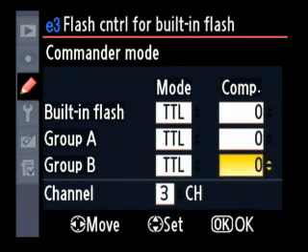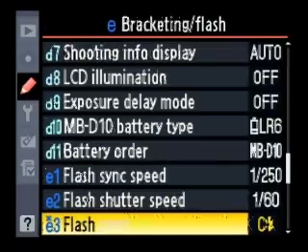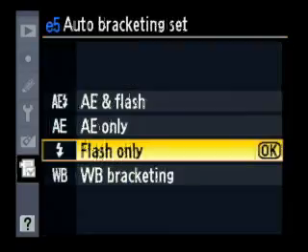Channel defaults to 1 when you get the camera. The flashes that you buy default to 3, so I move it to channel 3. And then you have to hit OK to save the changes. Otherwise, if you just hit back arrow, they'll be erased. Now I have it set to flash